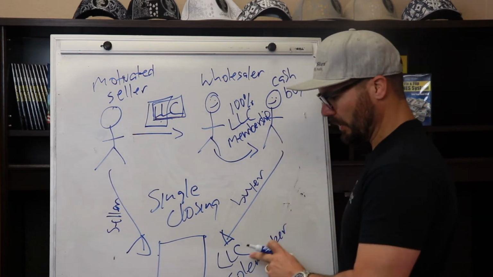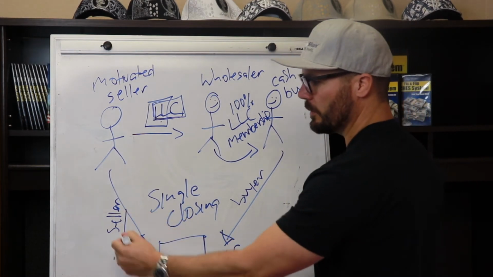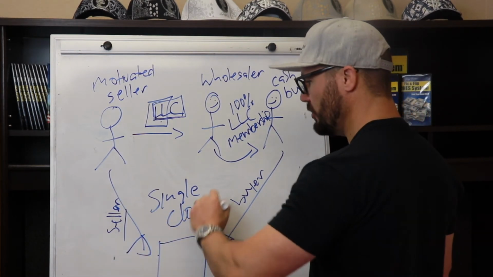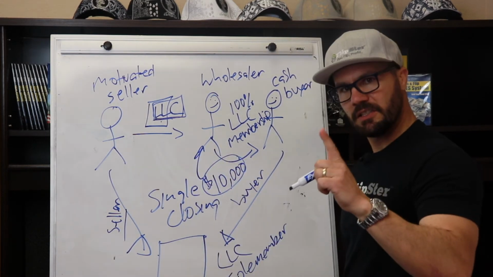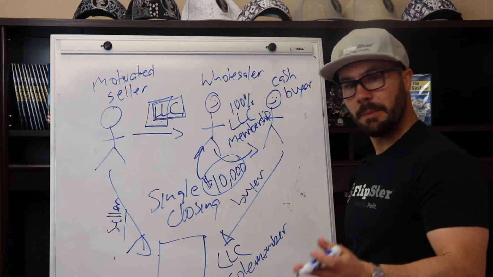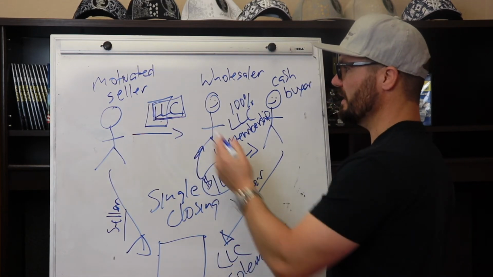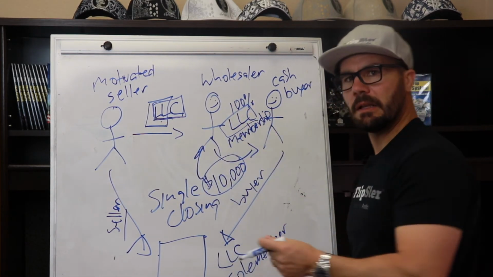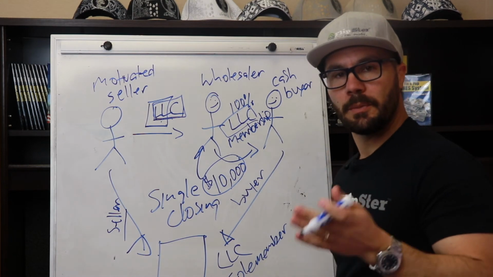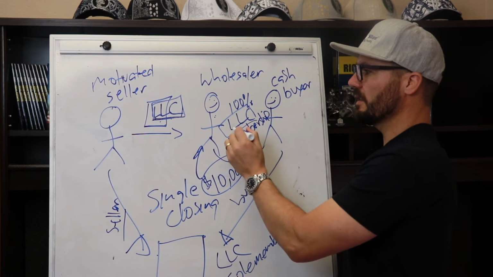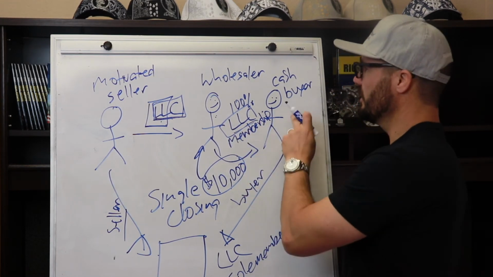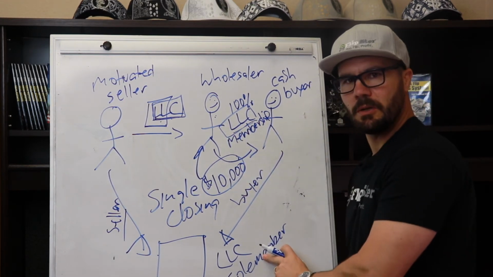The cash buyer purchases the property with the original contract price, and pays you your wholesale fee of $10,000 or whatever it is. Still a single closing. There is an assignment, but it's really not the assignment of the contract, it's the assignment of the LLC. The LLC only owns one thing because it's a brand new entity. What it owns is the contract. You as the wholesaler assign the membership of your LLC to the cash buyer. Cash buyer steps into closing.